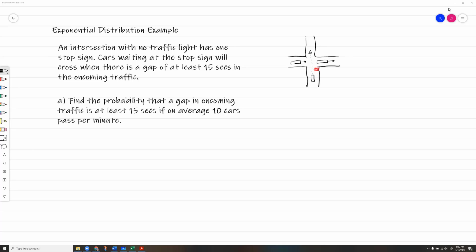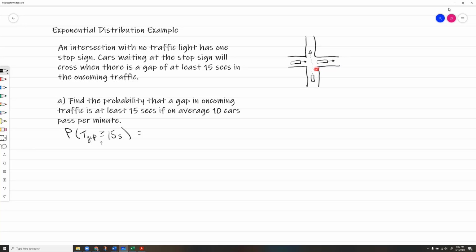And we'll use our exponential distribution. First, we're after the probability. So we'll say the probability that our gap time, T gap, is greater than or equal to 15 seconds. Now, greater than or equal, we see that and we're thinking, well, that's not a CDF, right? It's not a PDF. The CDF gives us less than or equal to. So